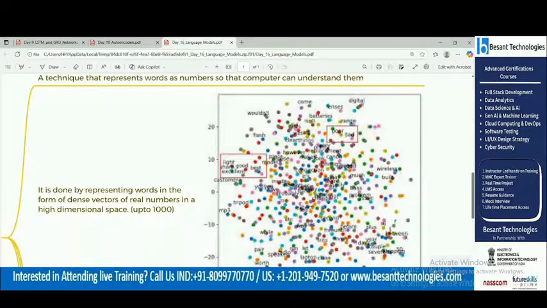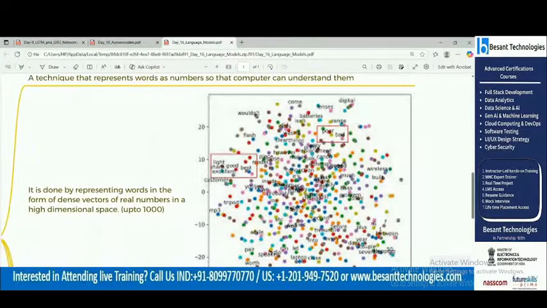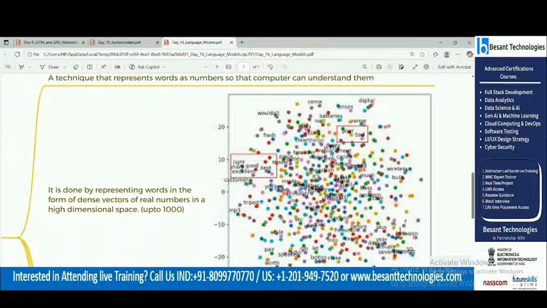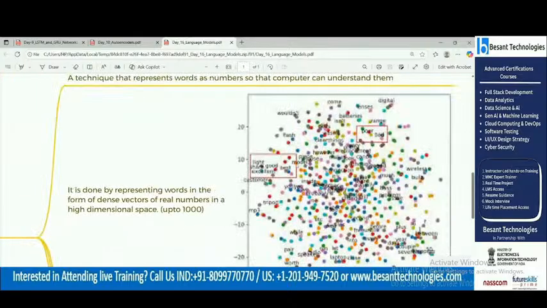Okay, so how is this representation done? By using vectorization. And in vectorization, what you have put? You have put the real numbers. Okay, because numerical values should be there in vectorization. Getting here? So this is a technique which is representing your words as numbers, because the computer should understand, right? So I have given one sentence, like I would like to learn Python, something like that. So that particular sentence's words are to be split like this. Are you getting?